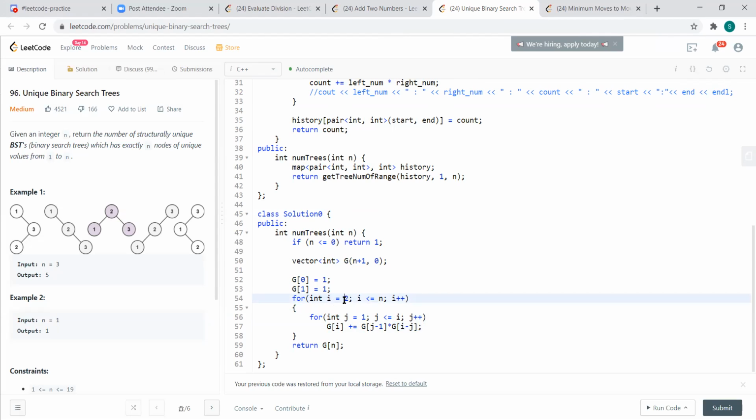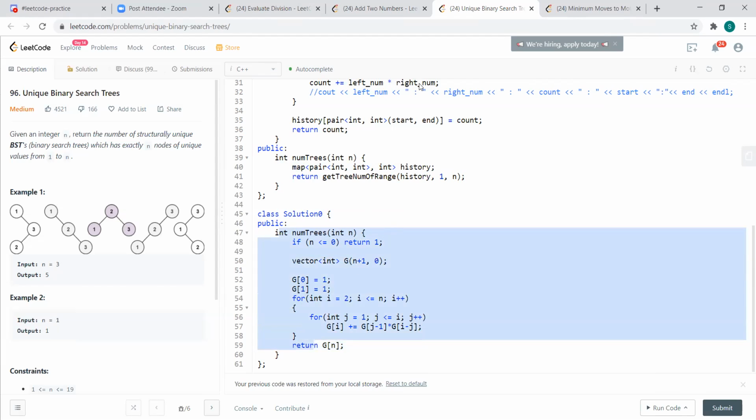So i at first is always 2, but it will keep on increasing, right? That is the reason I have to do it for each and every number and then get that value. At the end, my result will be stored in the very last location of this G, right? So I think this is some sort of the Catalan way to implement it, right? But for me, getting this is very difficult. After this, the way you did, I think that makes more sense. And then come to this one, right?